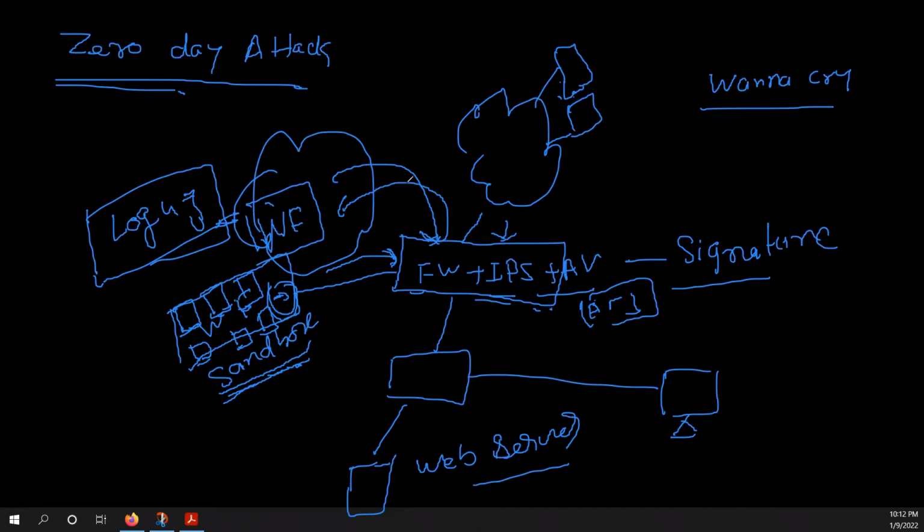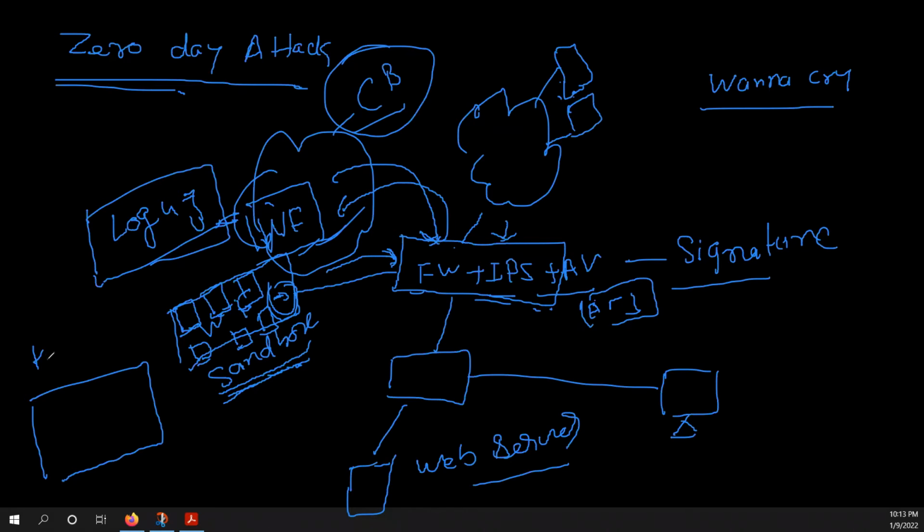Is there any separate module for it, or is it just the firewall in which we put the license for WildFire? This is cloud-based. You just put the license and then your firewall starts sending that traffic towards the Palo Alto cloud. But Palo Alto also offers WildFire for on-premises. They have hardware that you can purchase and deploy on-premises as well. Usually, organizations prefer cloud-based.